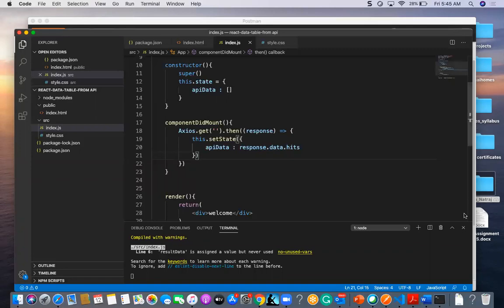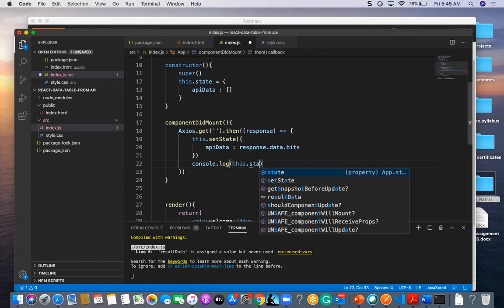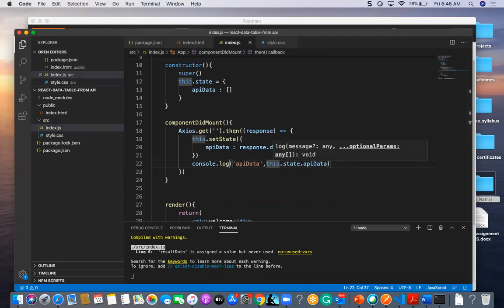Now, if I see console.log this.state.apiData, whatever the data is, let me check how we are getting this one.